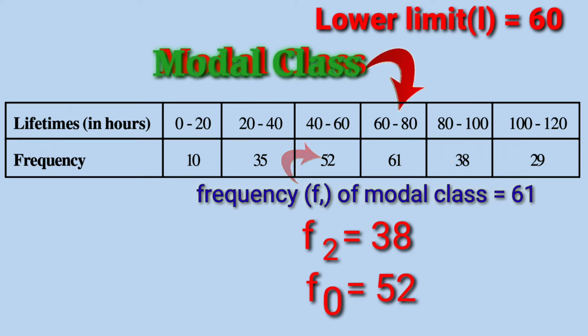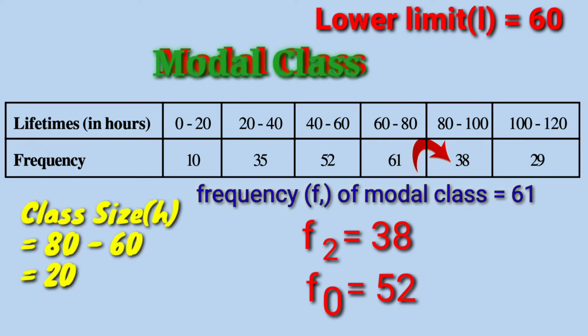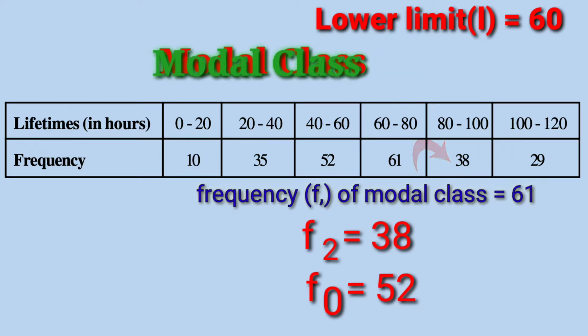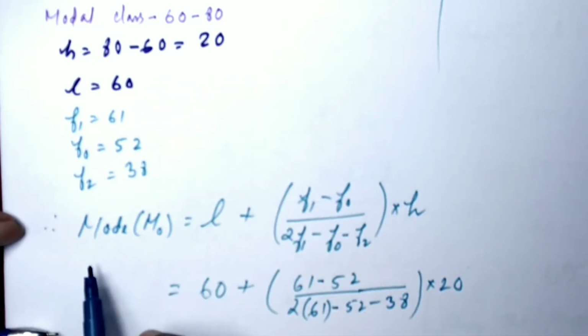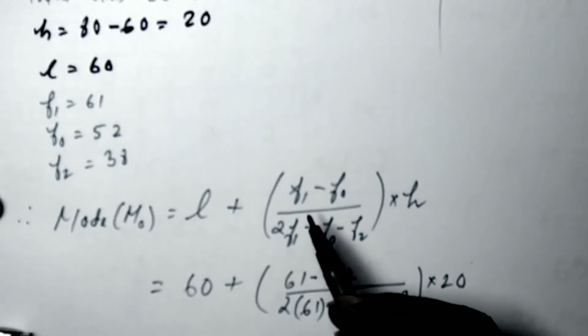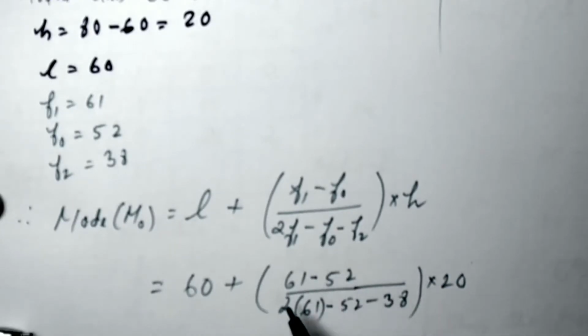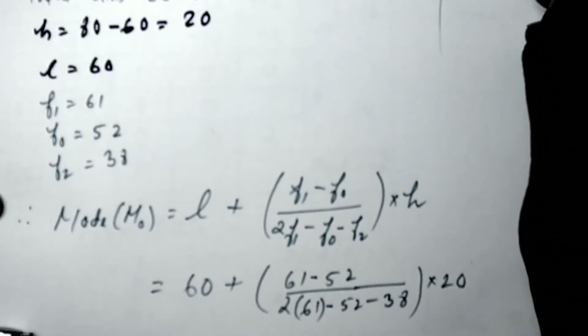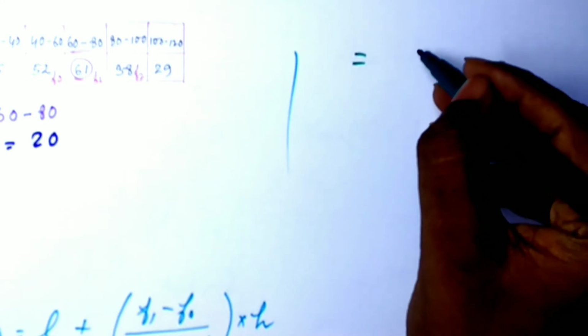So let us solve it. Class size we have 80 minus 60, it will be 20. So let us put it in the formula. We have here L value 60, and F1 is 61 minus 52, divided by 2 into 61 minus 52 minus 38. So this we have here 60